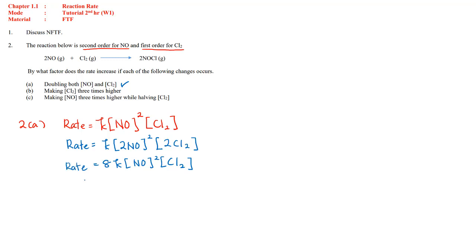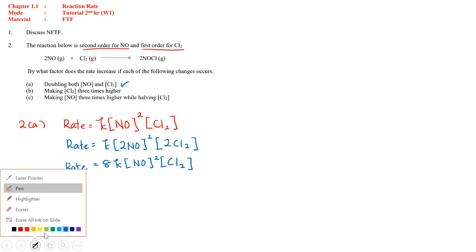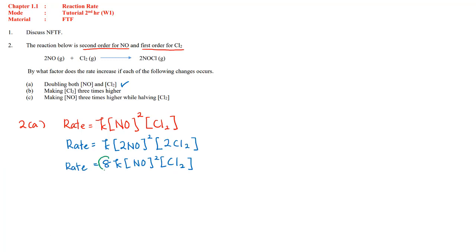So this is rate after the concentration of both reactant is double. Okay, jadi kita tak boleh tinggal jawapan tu macam ni je. Jadi awak tengok dekat sini ada faktor 8. You have to write thus